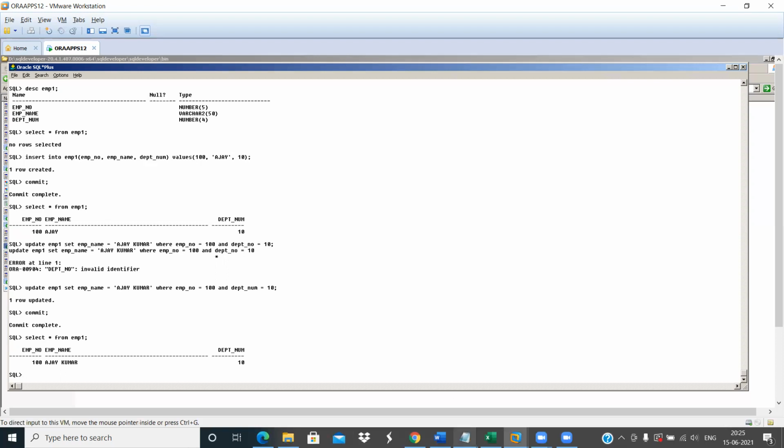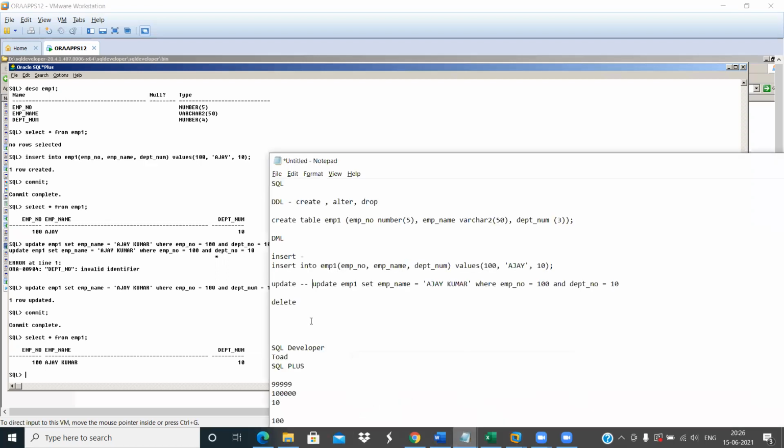And delete, the same way. Delete also is simple. Delete from table name. That's all. Suppose I want to delete only one record, this employee record itself.